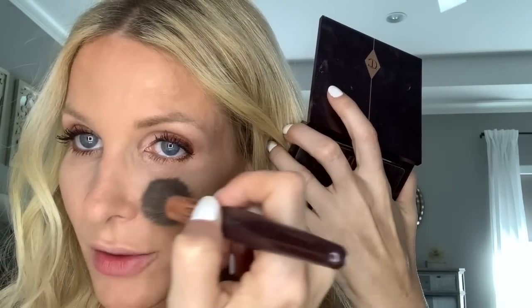Remember, everything that you're blending, whether it's your bronzer, your concealer, your highlighter, even your blush, you always want to blend up, because every time we blend up, it's just going to pull our faces up and help us look more youthful and look younger. I always like to put it down the bridge of my nose. I always like to add, actually I'll dip my finger in to add a little bit on the Cupid's bow,